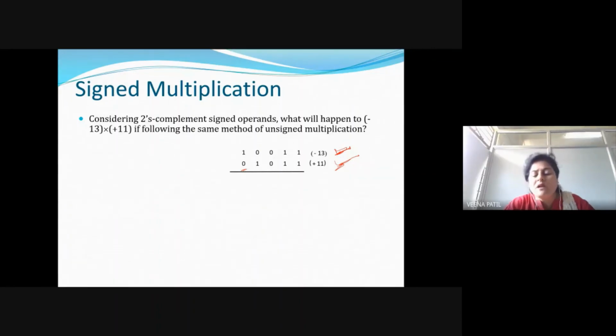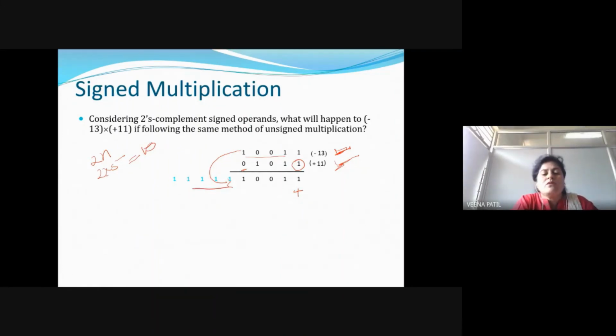Now how do I perform multiplication? Multiplication is performed just like the previous example. If the multiplier bit is 1, write the multiplicand as it is. Now for the second bit, we have to shift it. Before we perform this, as we know this is a signed number, and we also know that the final product will be 2n bits. Now n is how many bits? N is 5 bits. So the final product will be 2 into 5, that is 10 bits.